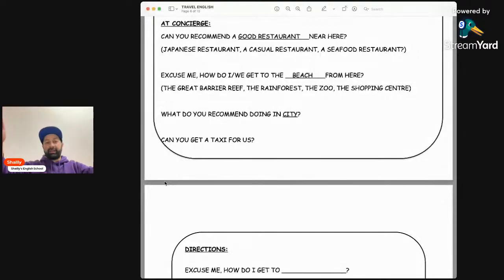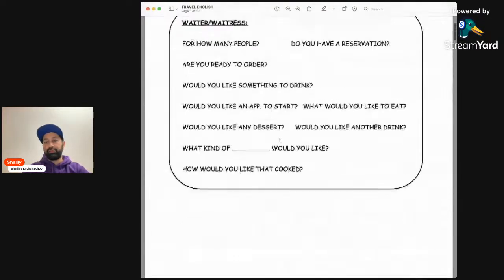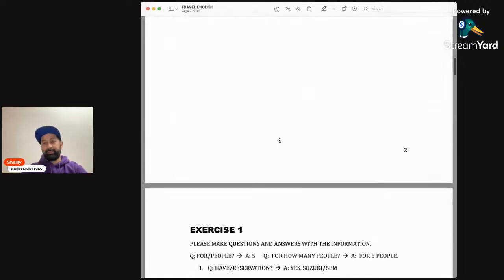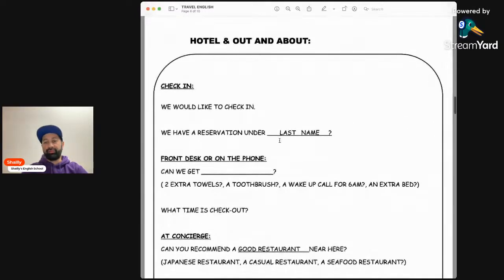So as I was saying, out and about is something that we say in English when you're going outside. So when you travel, of course you're in your hotel, but you want to explore the city. Then when you explore the city, you're going outside. So you go out, and then about means you go around. You go around the city.